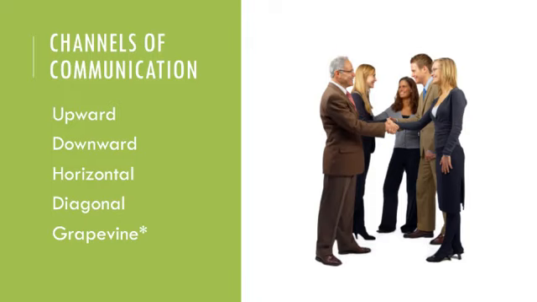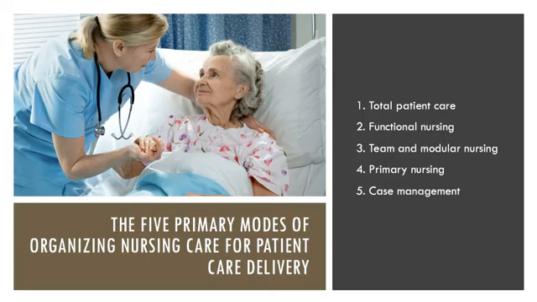So we talked about the structure of how decisions are made, how centrality influences decisions, and the compression of that. We talked a little bit about power. Let's talk about how nurses think about other types of structure. How do we structure care? These are five primary models of organizing patient care: total care, functional care, team and modular, primary nursing, and case management. The first three are not used as often, and for our purposes, they are not heavily focused on by ATI. Primary nursing is, and so is case management, so we're going to hit those real quick so you have an understanding of what those are.